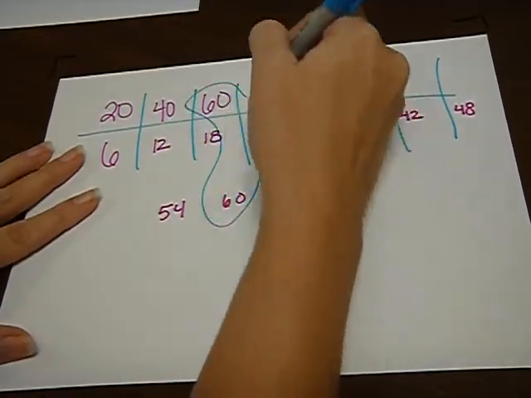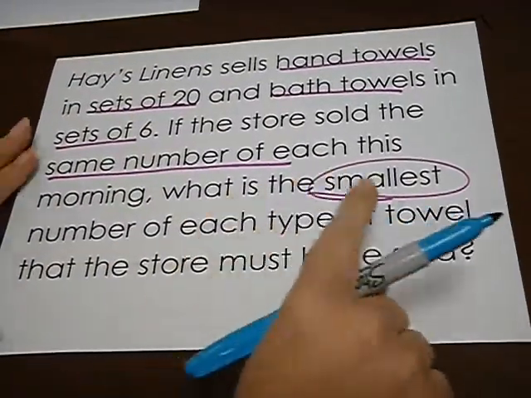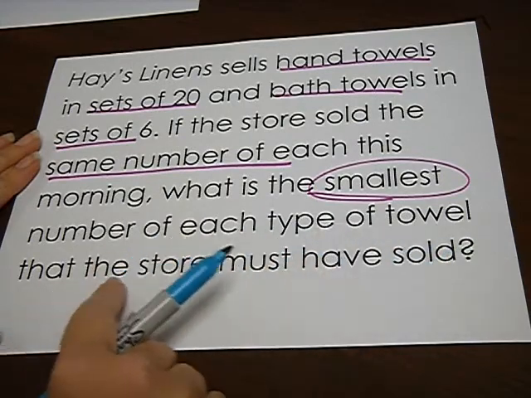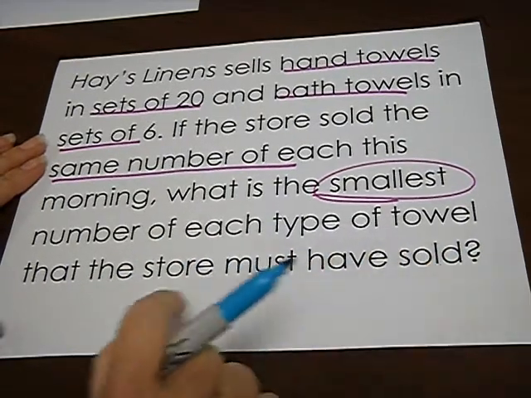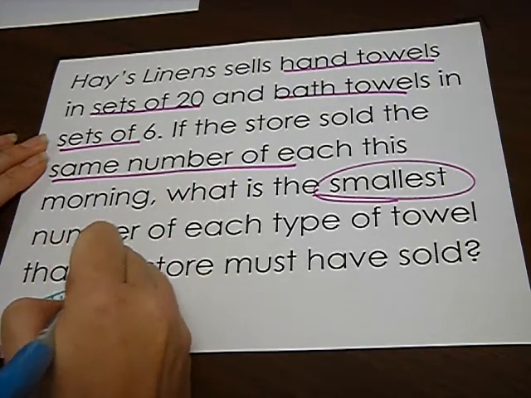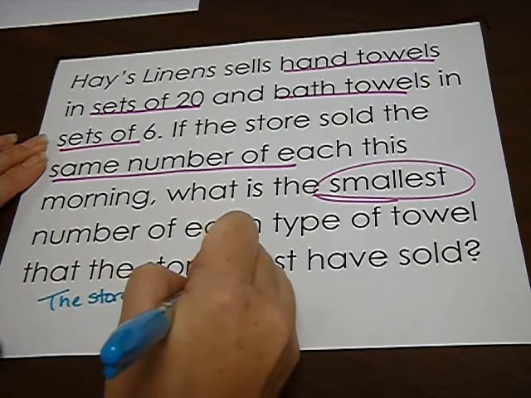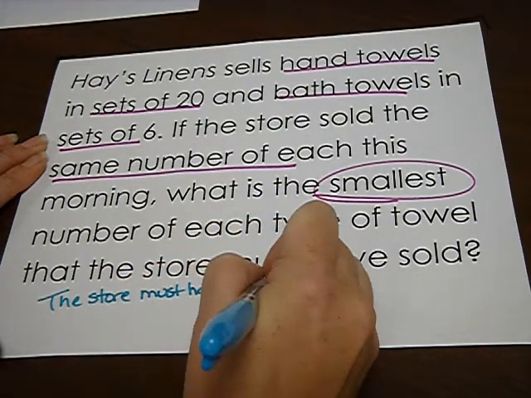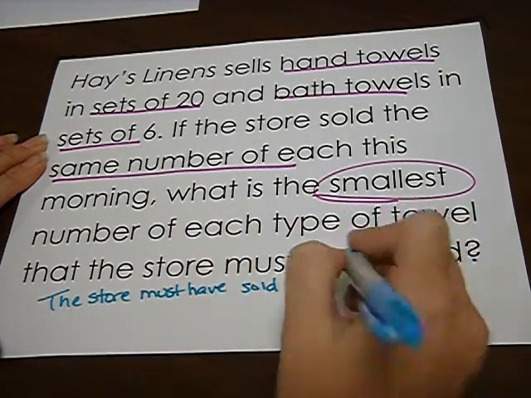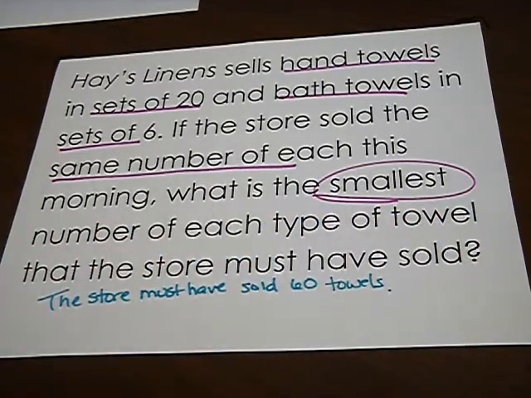So my first match is 60, which means that the smallest number of each towel that the store must have sold was 60. So the store must have sold 60 towels. And that is